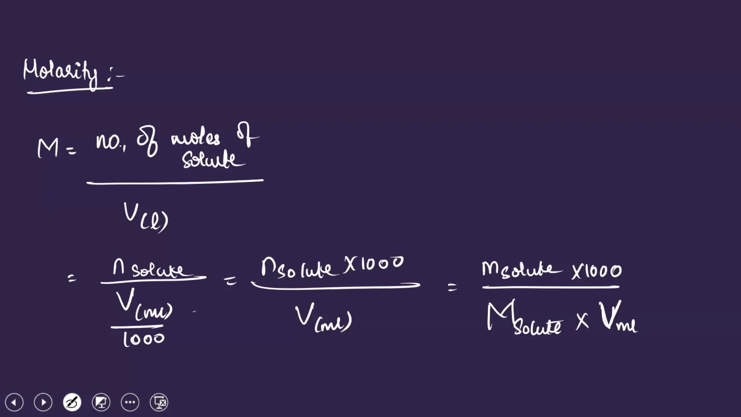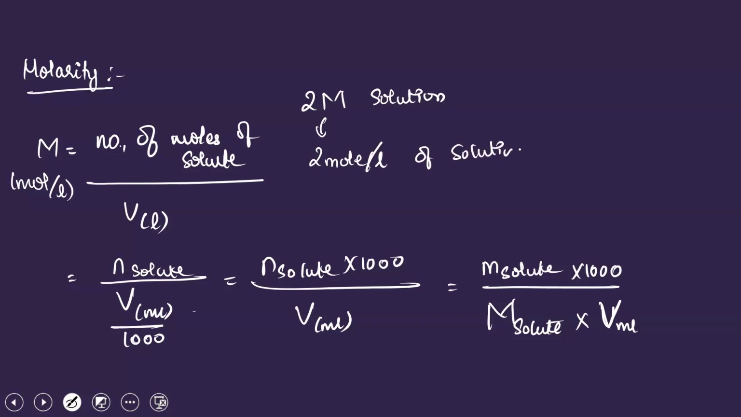Fine. Generally, how do we express molarity? We say 2m solution. What is a 2m solution? So what is molarity? It's nothing but moles of solute per liter of solution. Number of moles of solute per liter of solution. So how can I express a 2m solution? 2 mole per liter of solution, which is 2 moles of solute